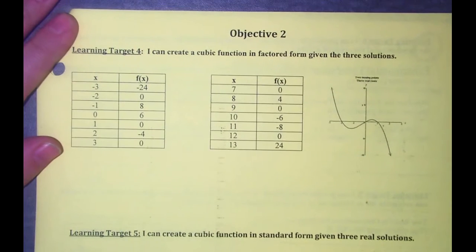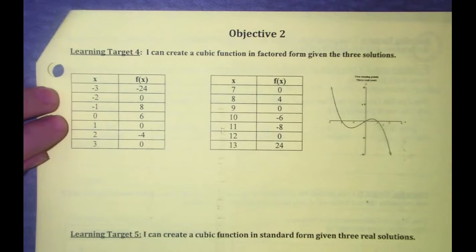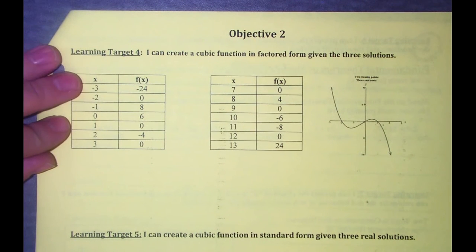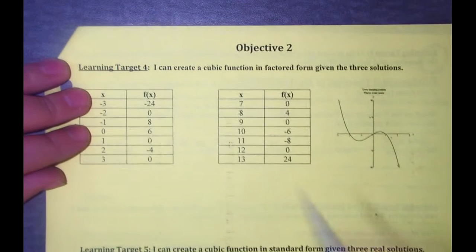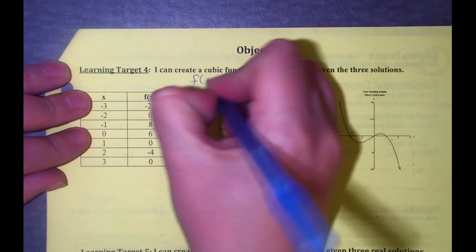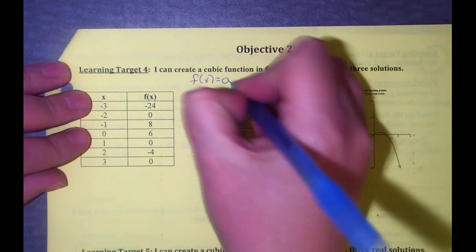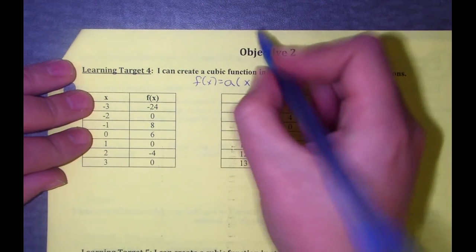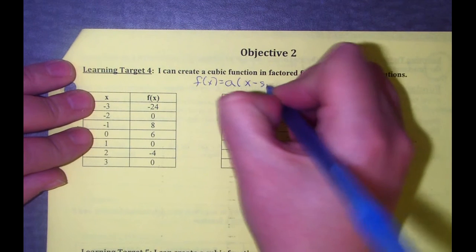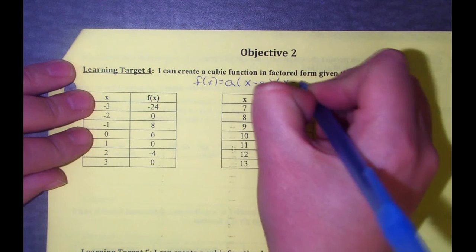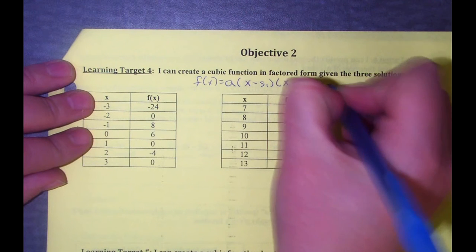So we're going to begin learning target 4, which says I can create a cubic function in factored form given the three solutions. So the first thing we're going to do to create a cubic function in factored form is realize that a cubic function in factored form follows this pattern. A, and then our three solutions are x minus the first solution, x minus the second solution, and x minus